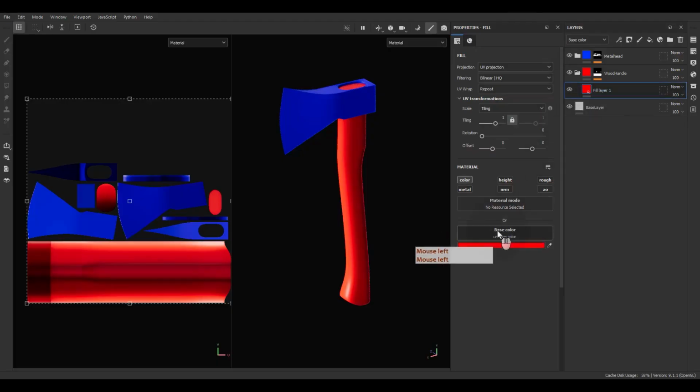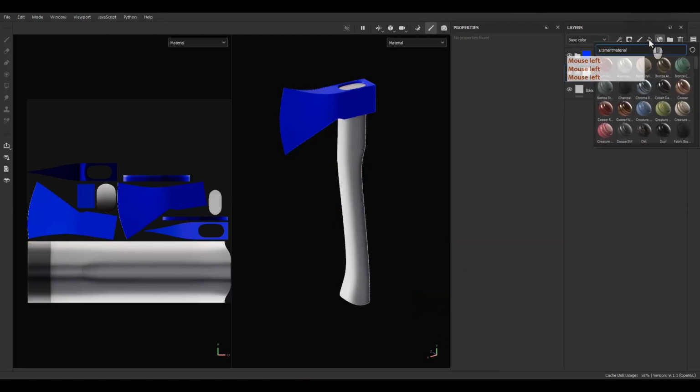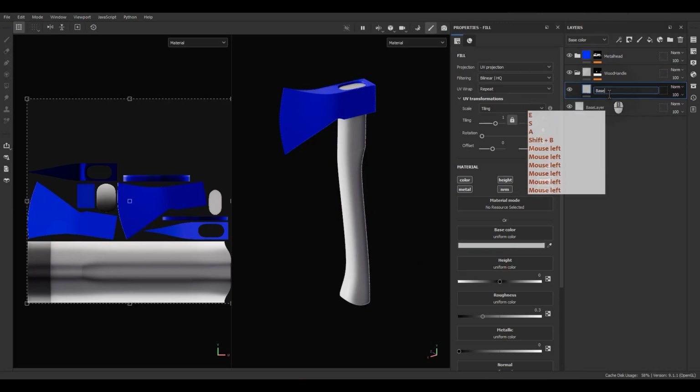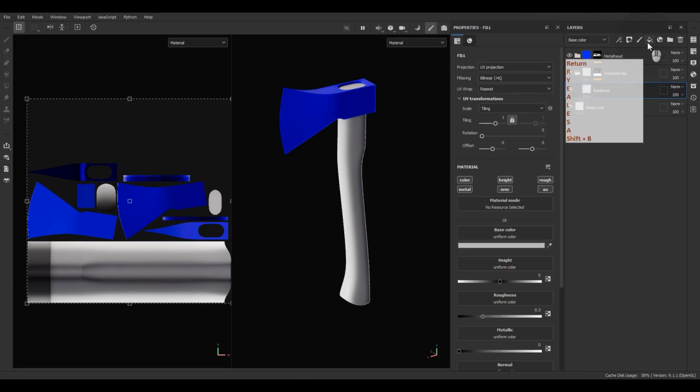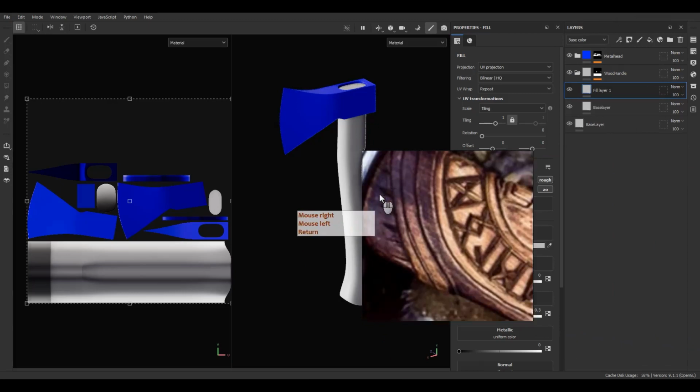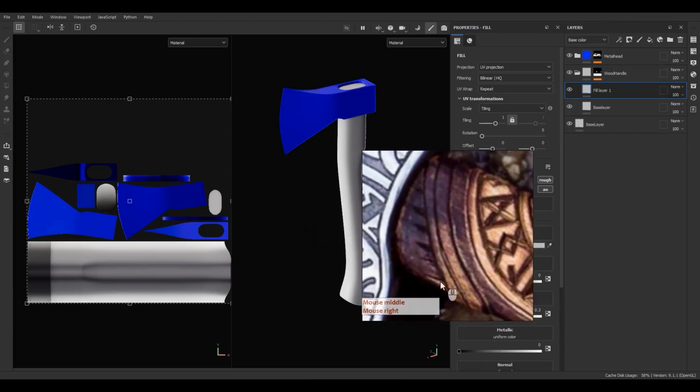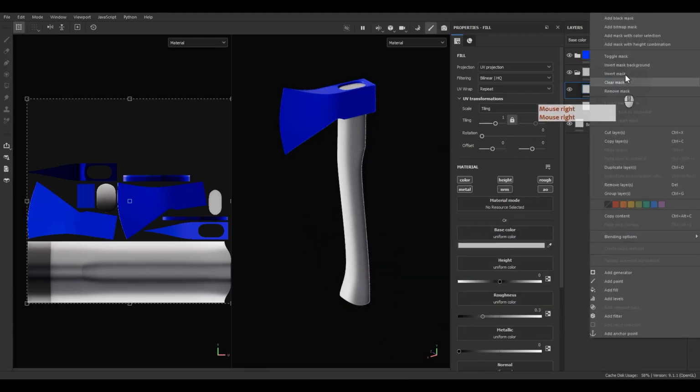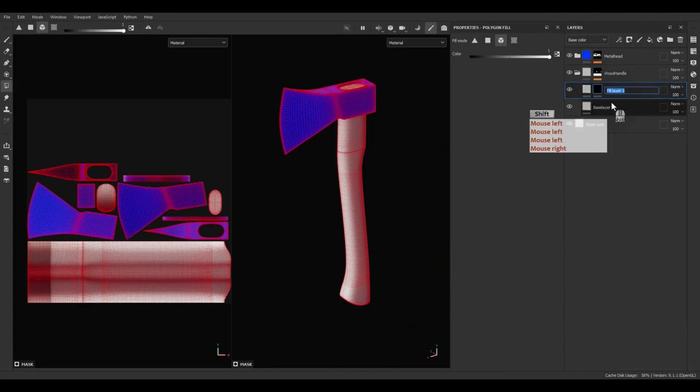Okay, now I'm going to create the base layer for the wood. So let's create base layer. And after that, I will go for this detail here in the reference. So let's add the black mask. I'm going to call it